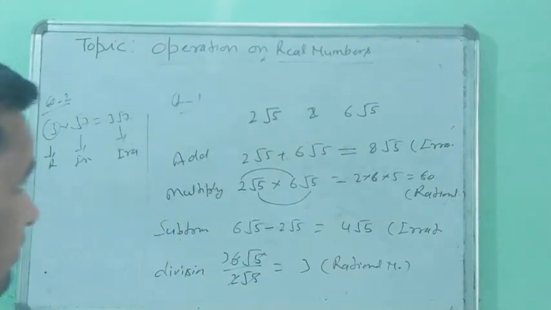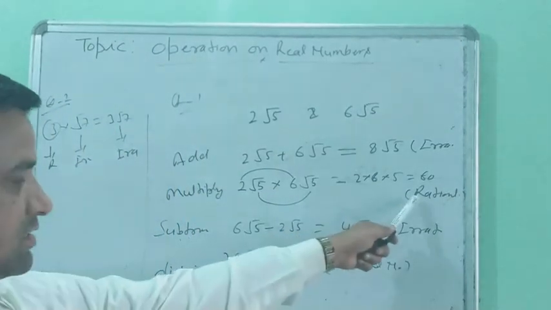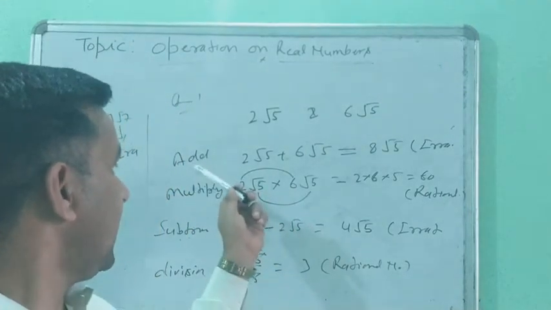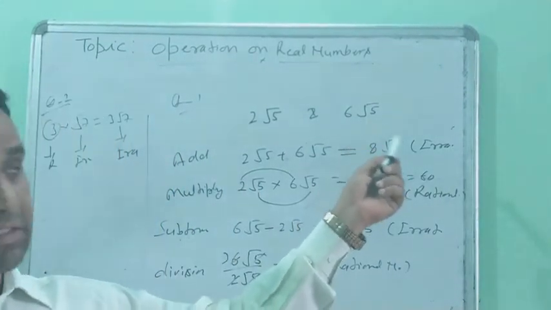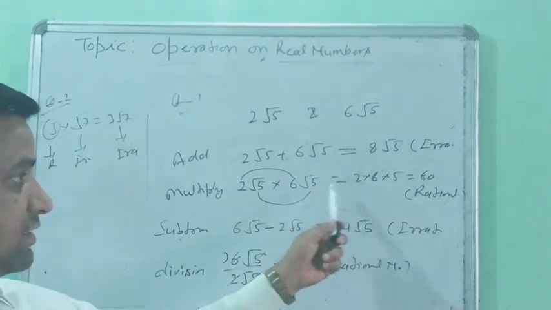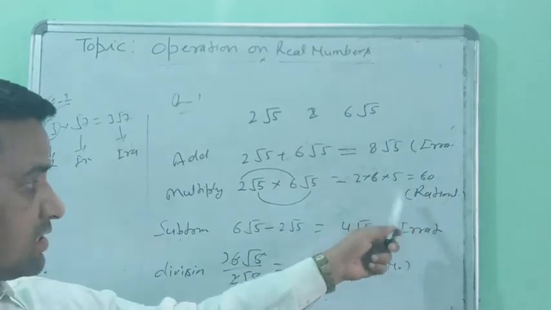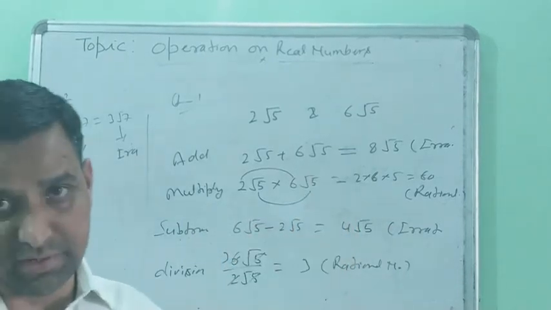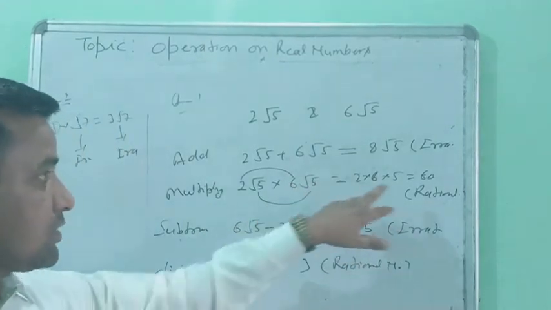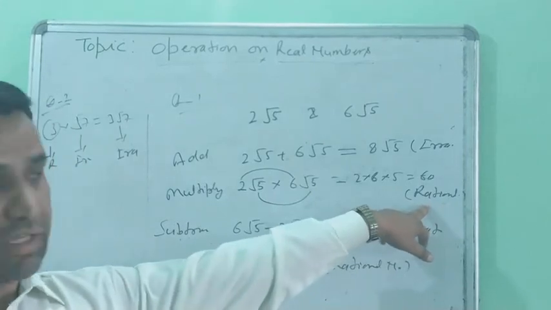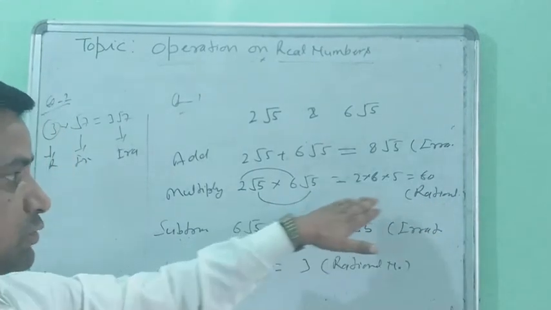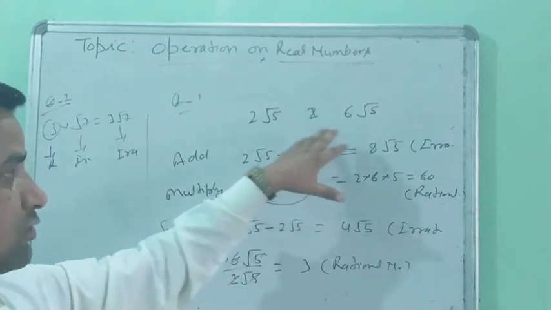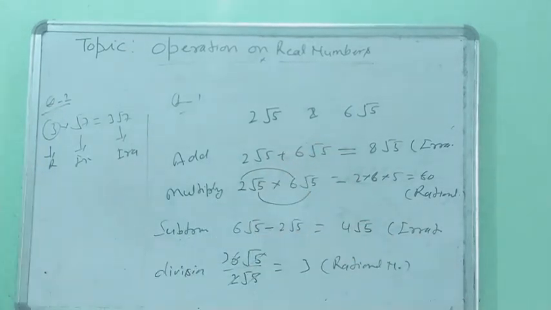But this is not always the case. Sometimes when you add, the result is rational. Sometimes when you multiply, the result is irrational. Different question situations are different. An irrational number does not always stay irrational, and does not always become rational. It depends on the condition of the question, in which type of question you are given. Just note it down. Then next questions.